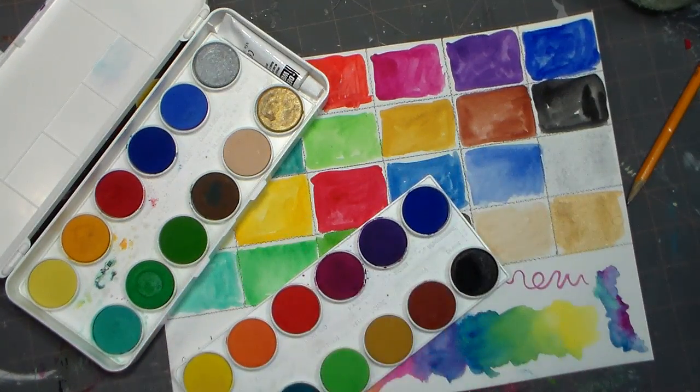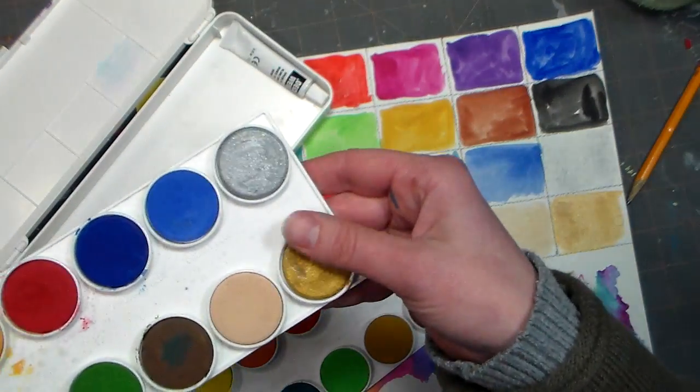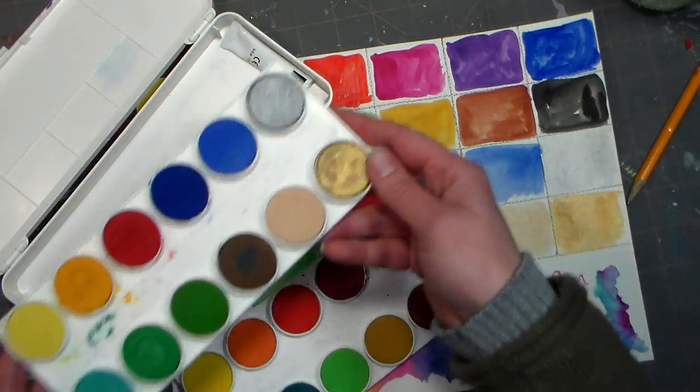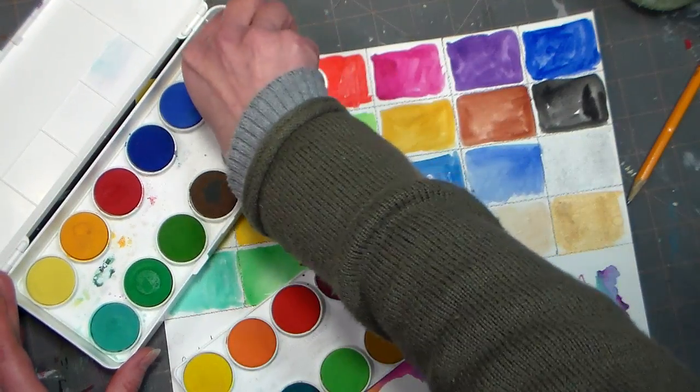So what you get in this set is 24 of these colors, including a gold and silver, which you can see there on the ends. I haven't seen much cracking on these paints. I saw a lot of cracking on the transparent watercolor paints, and in addition to the 24 colors, you actually get